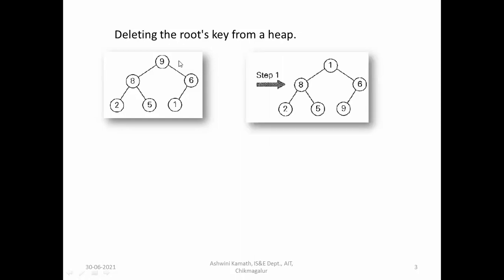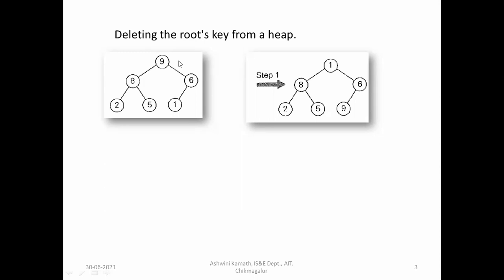Now you have a binary tree, it is not a heap now. You have just exchanged the root key with the last key, or last leaf node, right? So 9 has got its final position in the array, actually in the heap sort. We'll discuss heap sort in the next slide, you'll come to know. This is how we are going to delete the element.